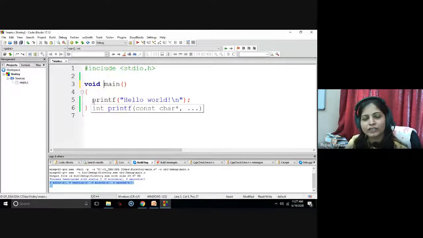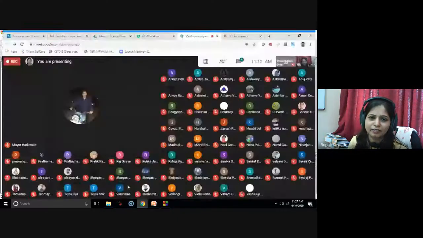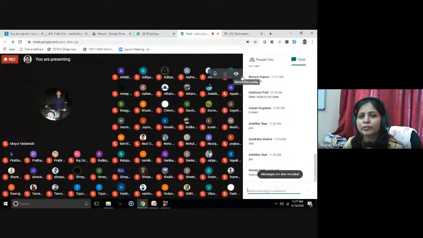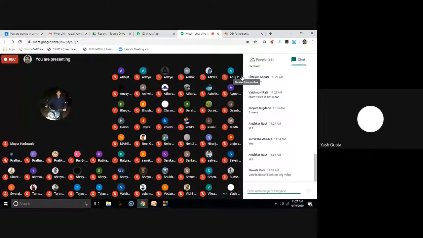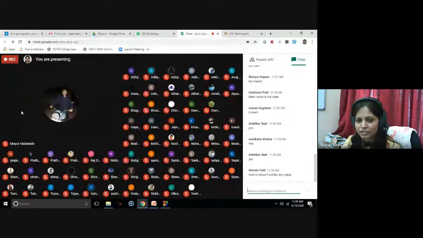Int is a data type, but in case of a function, we call it a return type. Return type of the function means the type of the value returned by this function. So main is the name, the brackets indicate that this is the function, and int is the return type.